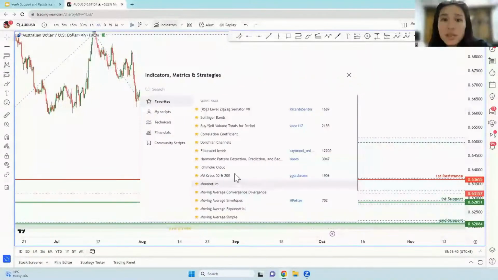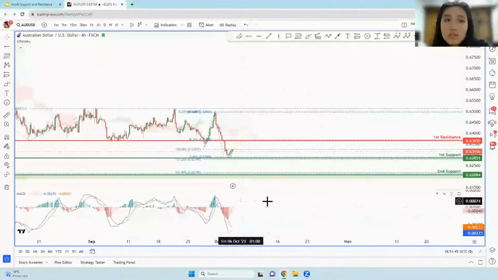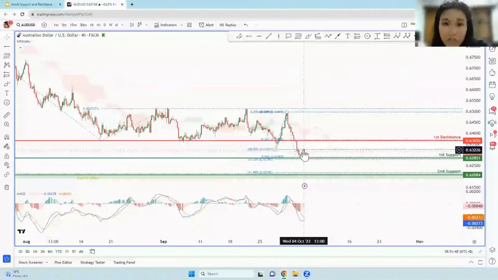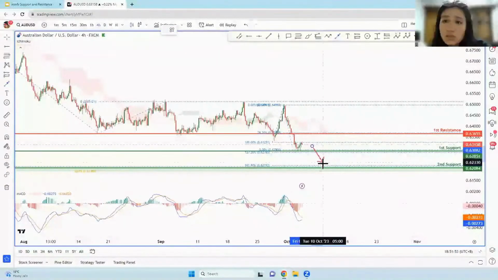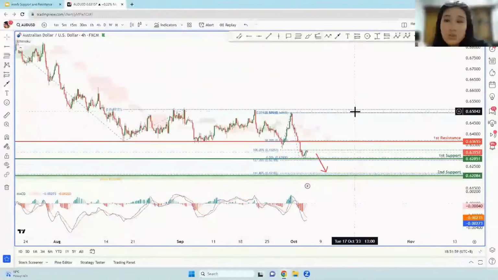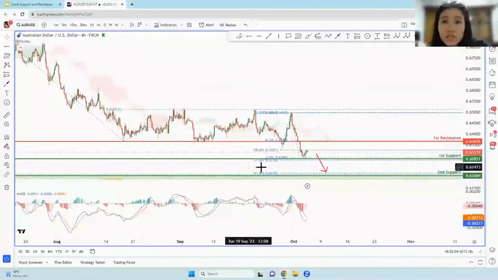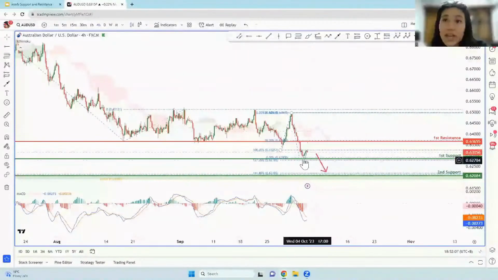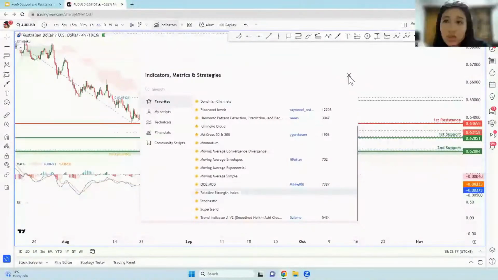Now let's pull out some indicators to support our analysis. Price is moving below the Ichimoku cloud, so it's giving us bearish signals. MACD is also giving us a bearish signal, so we can expect price to continue to drop because of all the downward pressure. Once again, our indicators are supporting this. Although we are seeing this rebound off of the first support, as I explained earlier, it's likely because of this 127 and also because of the release of the RBA cash rate. But there's a lot of downward pressure, so we can likely expect it to continue to drop towards